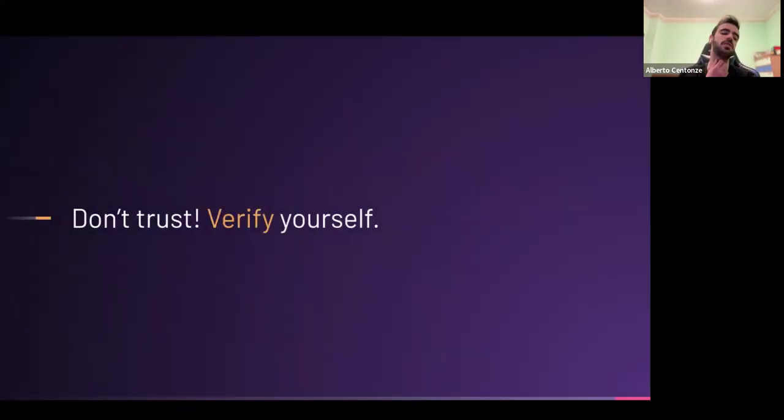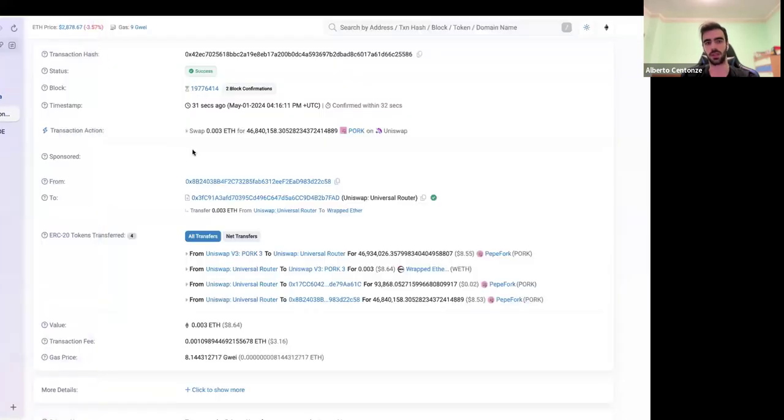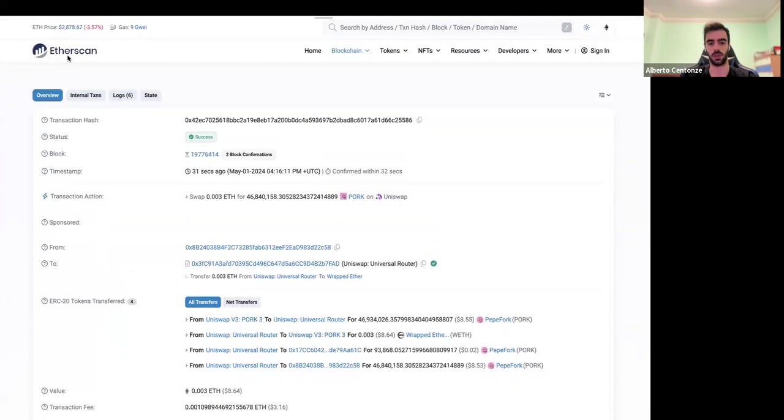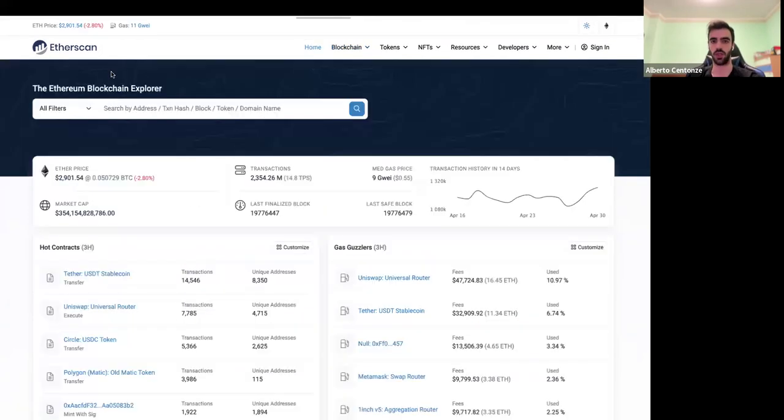So yeah, maybe something I wanted to show you, which I think is really cool, is that the paradigm of blockchain allows you, as I said, to see what's going on. So don't trust, we can just verify ourselves. So I'm gonna go to this website. It's called Etherscan. If you wanna check it at the same time, it's just etherscan.io, and we can have some fun here.